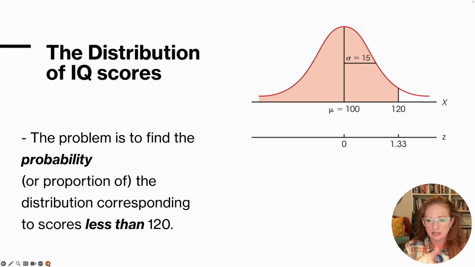So I draw it there. Okay, my Z is 0, and then I have my standard deviation of 1. That corresponds to 15, so 115. So 120 is slightly above 1 standard deviation. And if I look up my Z-score,